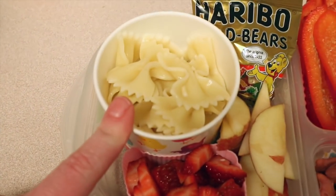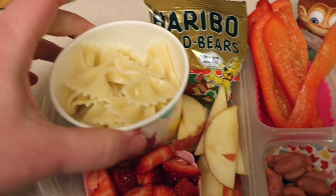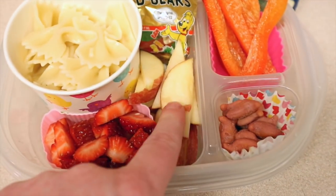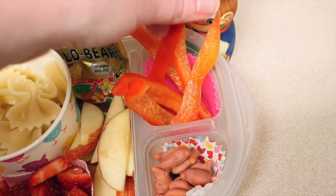First of all, she wanted pasta. So this is some bow tie pasta with butter and Parmesan. This is in a little Easter cup. I'm trying to use those up. Those are like perfect size for this kind of stuff. She has some cut up strawberries, a cut up Pink Lady apple, some red bell peppers,